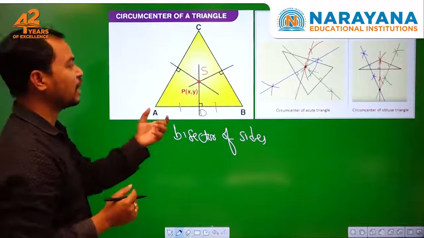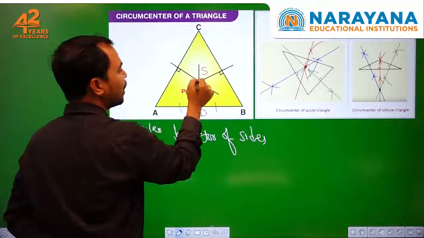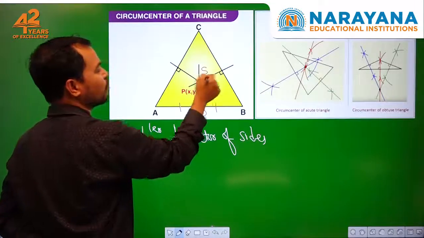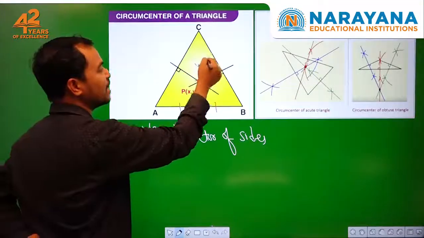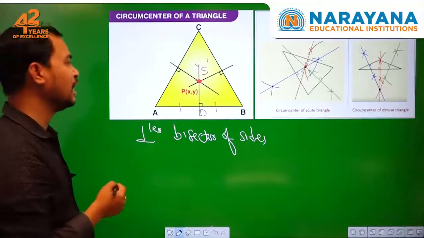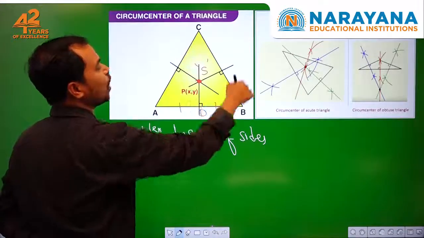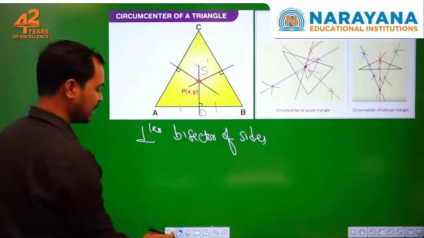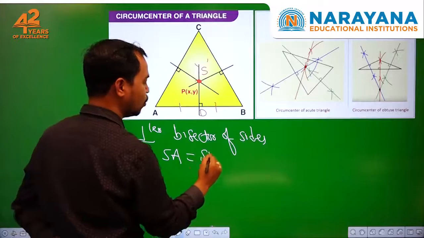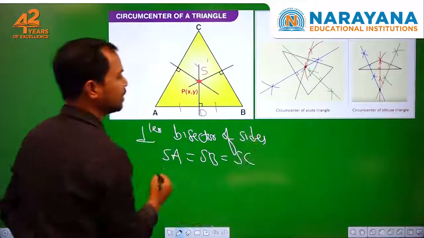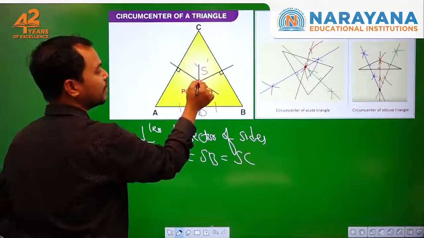Like this, I can draw three perpendicular bisectors to the three sides. These three perpendicular bisectors pass through one common point, which is called the circumcenter of a triangle, denoted with S. This S is equidistant from the vertices of the triangle, meaning SA is equal to SB is equal to SC. The distances from S to A, S to B, S to C are equal. Means S is a center,